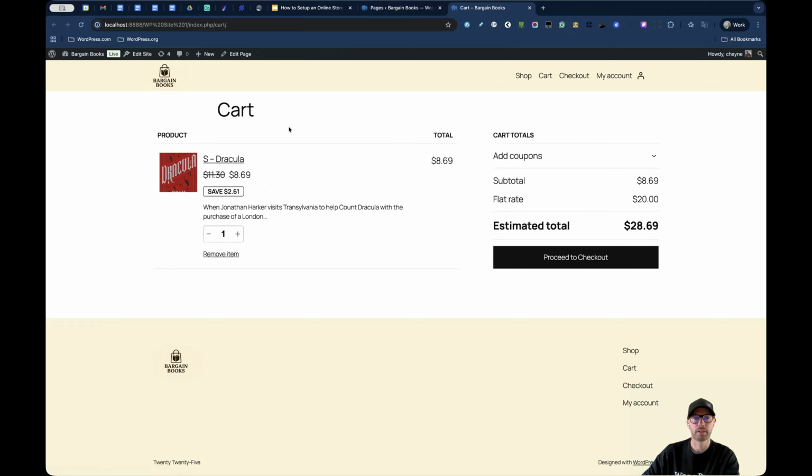It's also worth noting that you can edit this page directly, and some of the blocks and things on the page can be edited and some can't. So we could change this to say something like my cart, but we won't be able to edit like